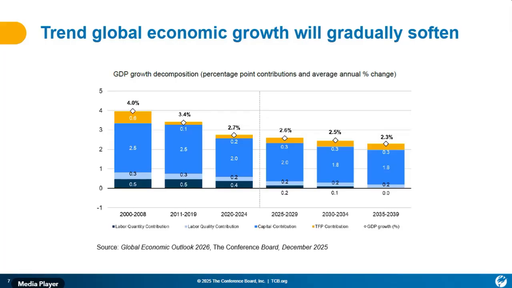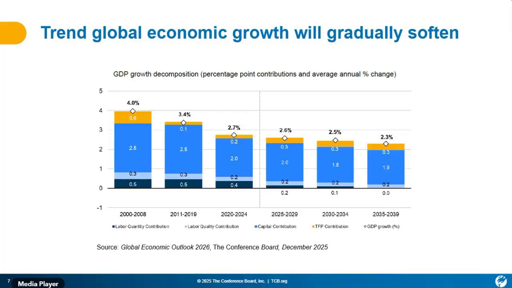The demographic numbers, as you can see, those are the dark blue numbers on the very bottom, getting smaller and smaller and smaller, which gets to that issue that I spoke to previously about the demographic crunch. And then on the capital side, still fairly decent capital growth of about 2 to 1.6 percentage point over the 15-year period, which is a little bit cooler than it was prior to the pandemic, but still fairly sizable.